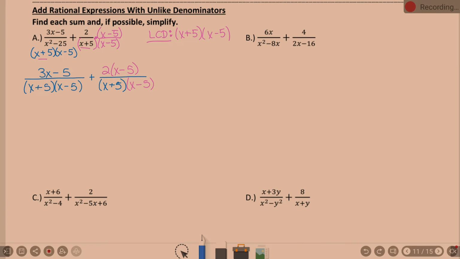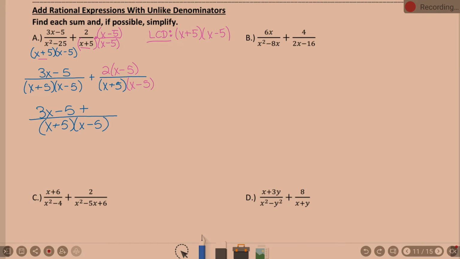Now, since I have a common denominator, we can put these together as one fraction, right? Just like on the section above. I have that common denominator. Let's put them together. So my denominator of my answer is going to be x plus 5, x minus 5. And we're going to add those numerators. So I'm going to add 3x minus 5 plus,